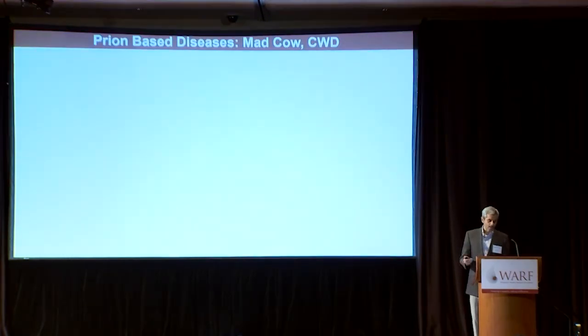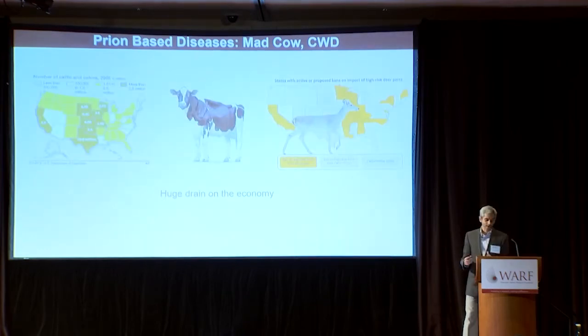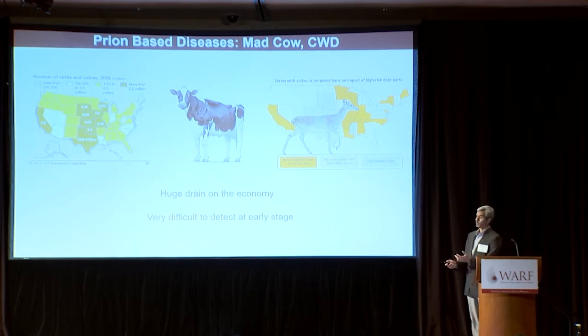So prion-based diseases, like mad cow disease, chronic wasting disease, these things can be a huge drain on the economy. So for instance, in the UK, they lost about $4 billion trying to curb the spread of mad cow disease back in the 1990s. And today in Wisconsin, we're suffering from